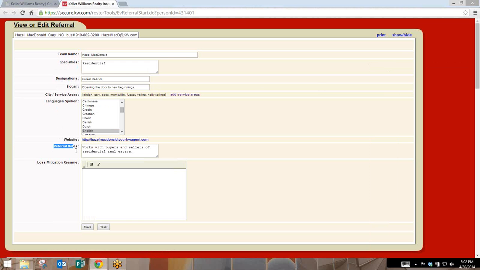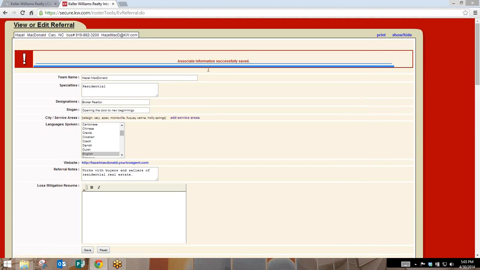The next section is going to be referral notes. This is who is it that you are willing to work with. If you are only willing to work with buyers or sellers or investors, or if it doesn't matter who it is, put all buyers and sellers. When you're done, go ahead and hit the Save button. And again, once you hit Save, you're going to get the red exclamation mark up at the top that says Associate Information Successfully Saved. When you receive this notification, before you leave, make sure that halfway down the page you